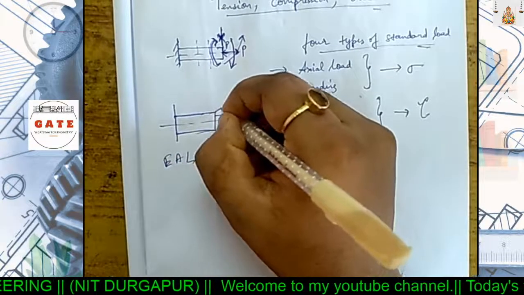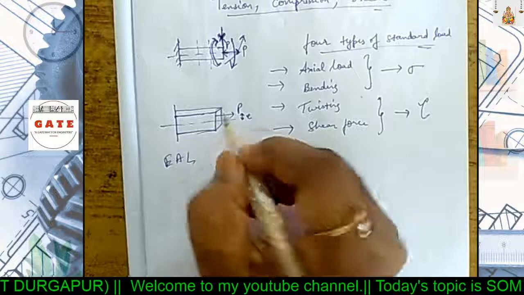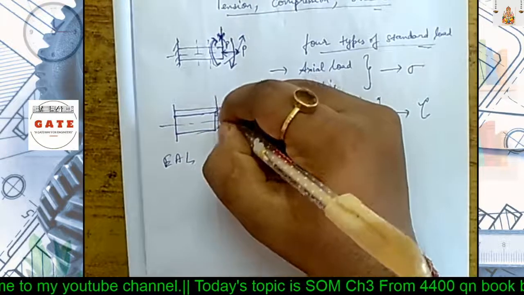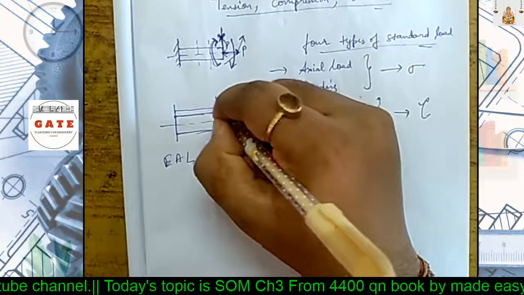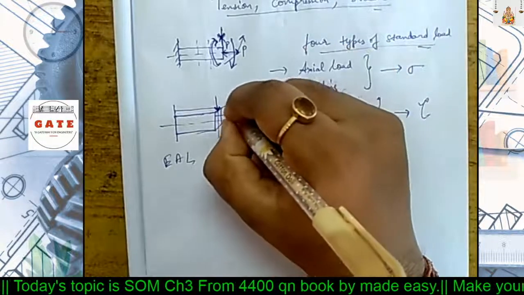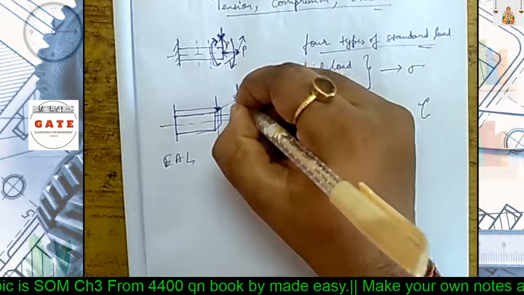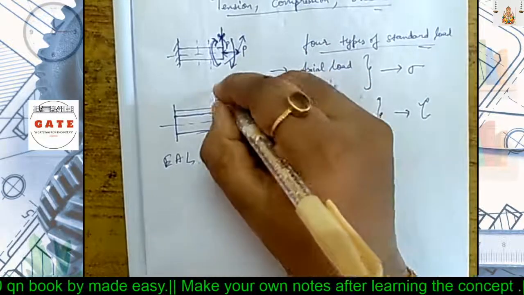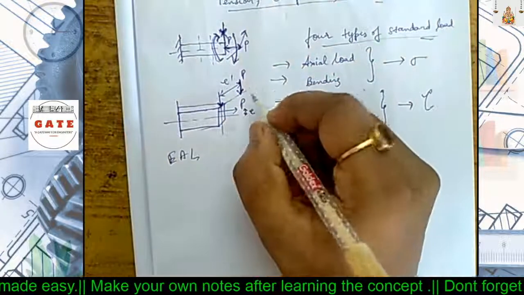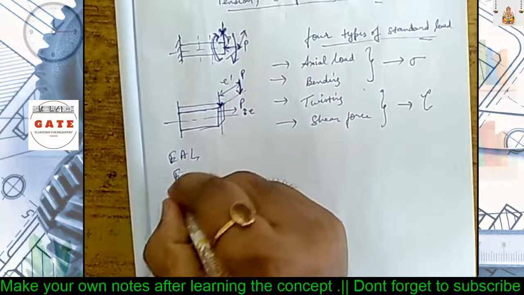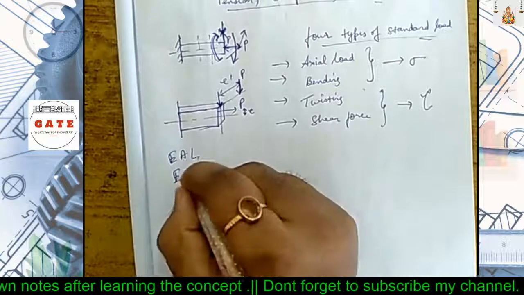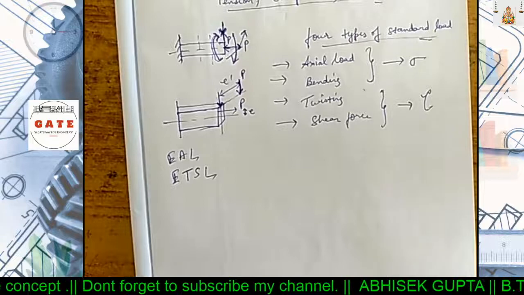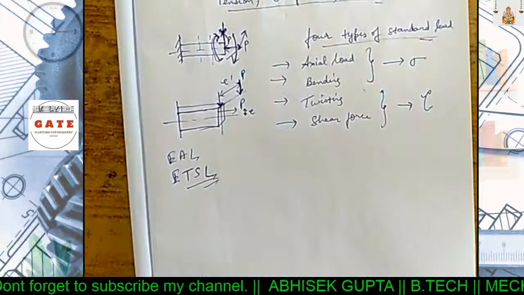Or if this is the bar and this is the lateral axis, and for shear force we have to act like this, but this shear force is acting away from that lateral axis with eccentricity E dash. Therefore we say this load is an eccentric transverse shear load. Okay, so these are the two other concepts.